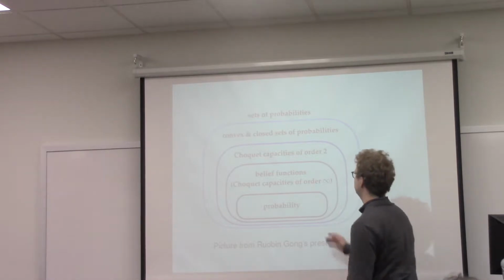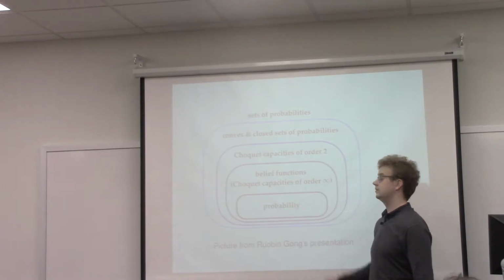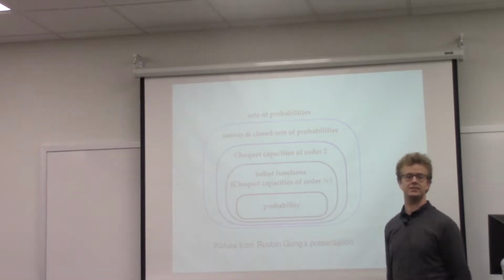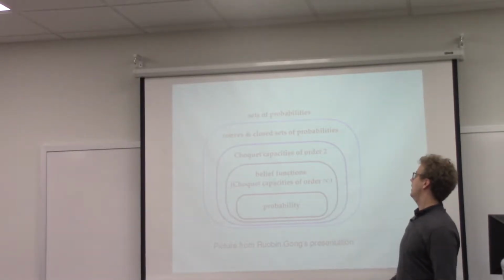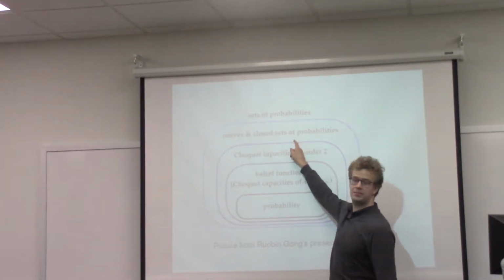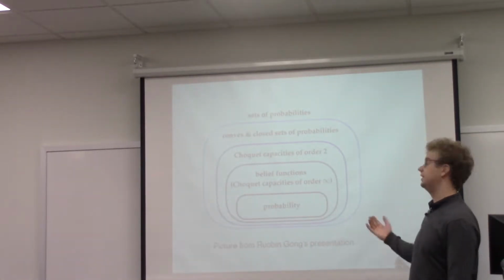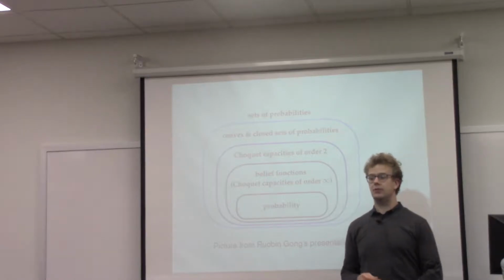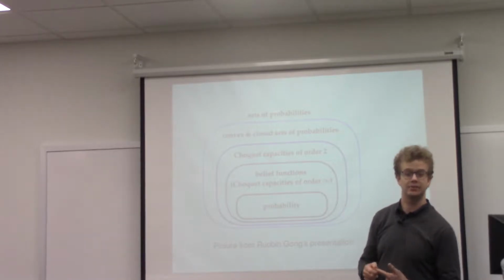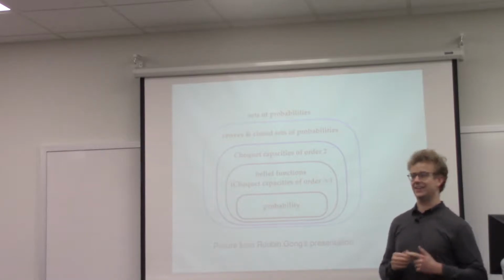What you see is subsets of theories, and the most common theory is the classical theory of probabilities, and then every superset of it is a generalization. So you have increasingly more general theories, and in particular convex and closed sets of probabilities and arbitrary sets of probabilities, which I want to link with it today. So I want to talk about choice functions, and in particular the special case, sets of desirable gambles.